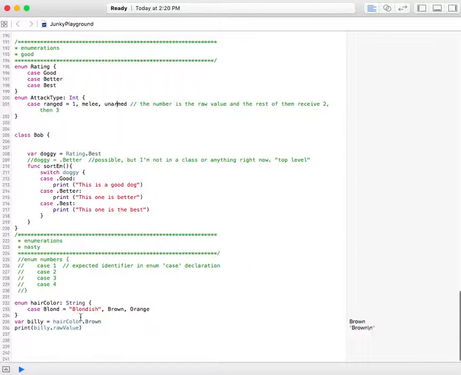And then this I thought was pretty interesting. If we do case blonde and we give it the raw value of a string, blondish, and then we say, okay, well, what's brown? And we print the raw value, it actually just prints out brown. So it just takes whatever it's called and has that as the raw value. It's not brownish, but it still gives brown. And that's